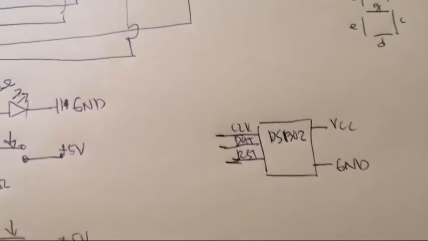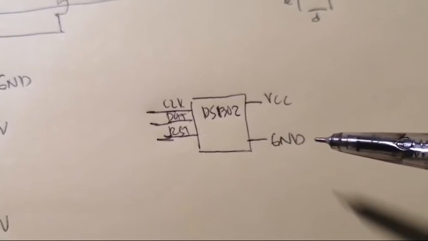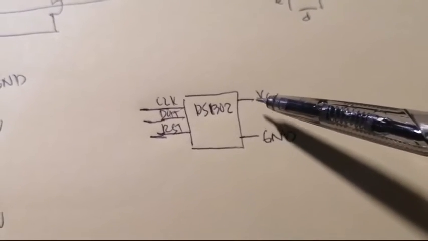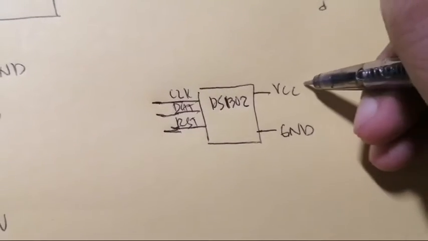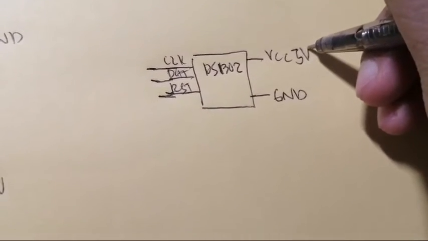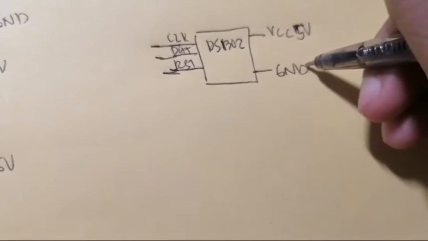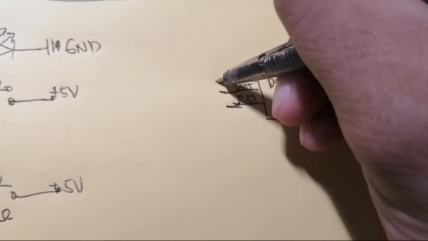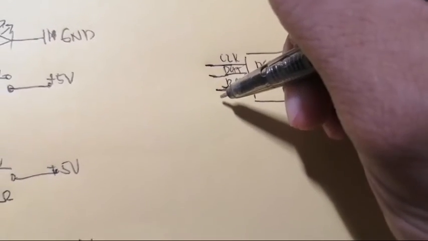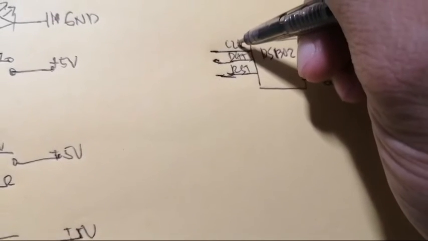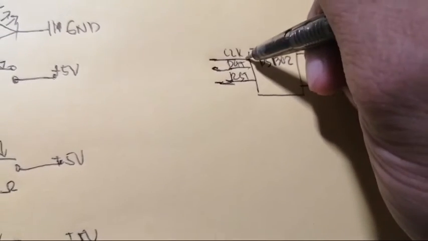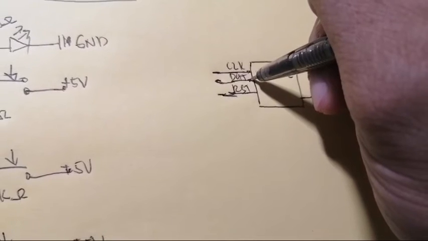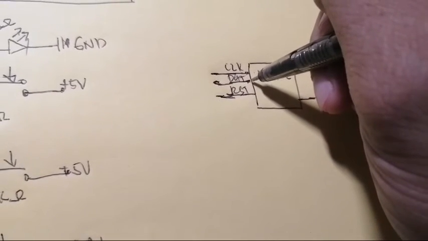So we have also the last component, the DS1302 module. So it has 5 pin outs. So this one will be connected to the 5 volts of our Arduino, and this one will be connected also to the ground of our Arduino. These 3 pins will be connected to the pins in our Arduino. So this CLK is used to synchronize the movement of the data. So this pin, the data or the IO,